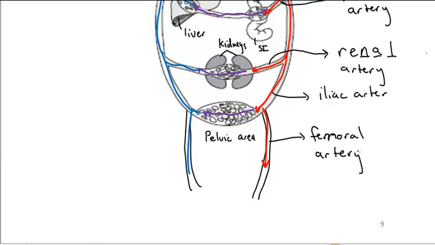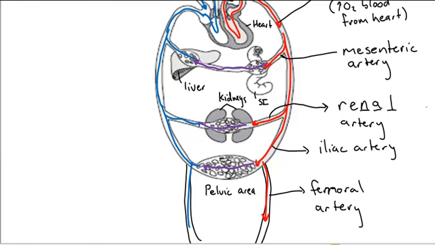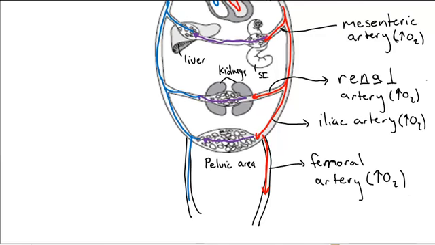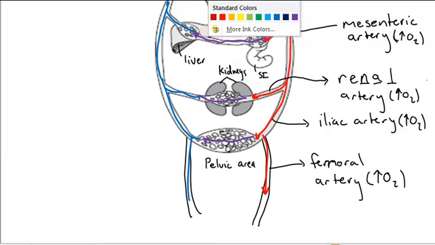Okay, so all of these arteries are carrying high O2. Now remember, not all arteries carry high O2, but these ones are. High O2, high O2. Of course, the further you get from your heart, your O2 levels start to drop. And coming back, now we're showing it in the other leg, but you definitely have one in both legs to come back. But coming back,